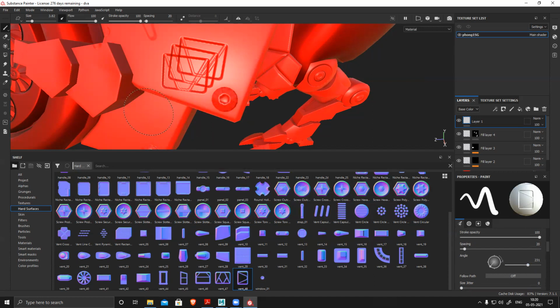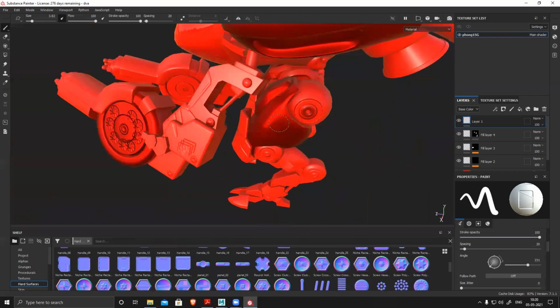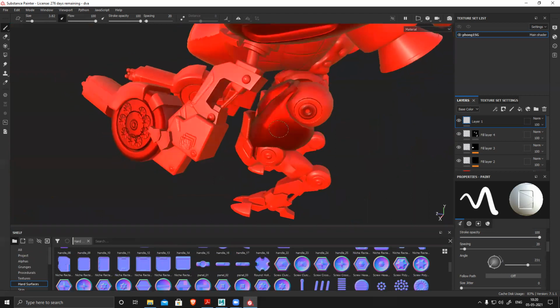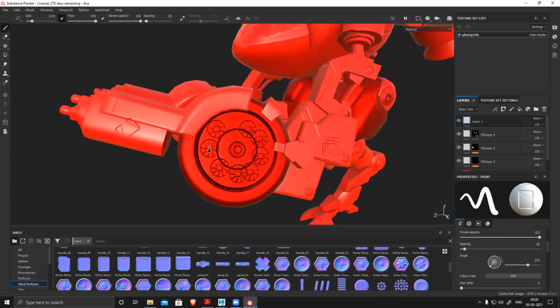Whenever you have this circle cursor, it shows a preview of the normal map, and based on the angle and everything, you can rotate and place and then click it. But right now it's not visible. Maybe it's a bug in the latest update, because usually it's visible. So you can check in your Substance. Maybe it's because of my version, this latest version has some issue. So I cannot see it.